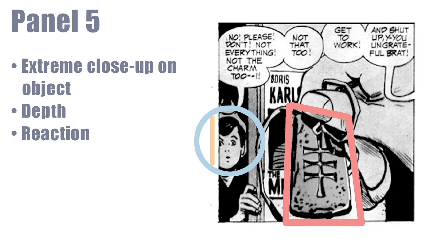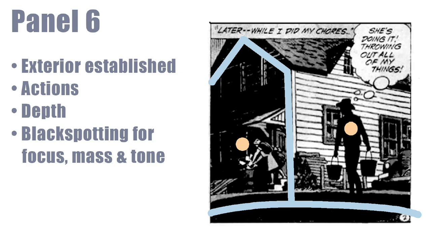Now, if we saw the whole kid's face in this, the kid would kind of become the focal point. And instead, even though he's important, and it is a part of the page where we do see the kid's face and a reaction, he's cropped. And because he's cropped, we are focusing more on the talisman in the foreground than anything else. Again, because of that foreground-background thing, there's incredible depth because of that intense close-up of the hand and talisman. But we see the background as well, and then the reaction of the kid. The talisman is key to this whole panel, though, and pivotal to the entire story.